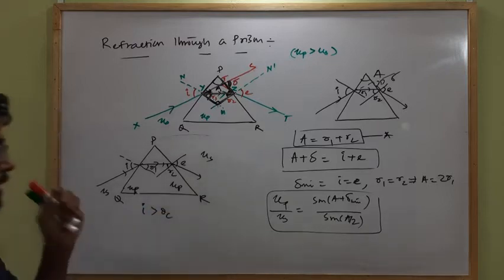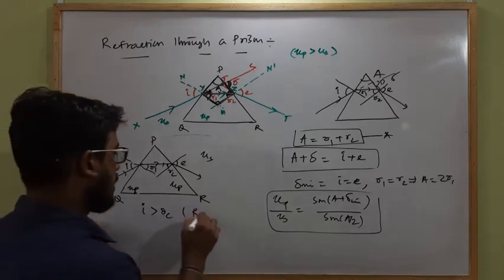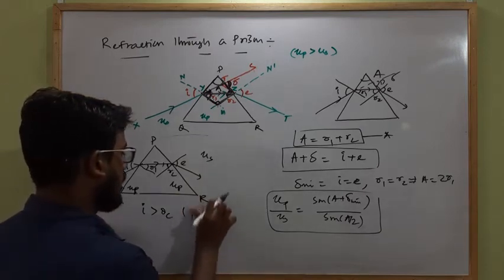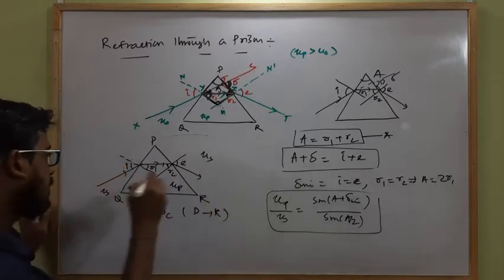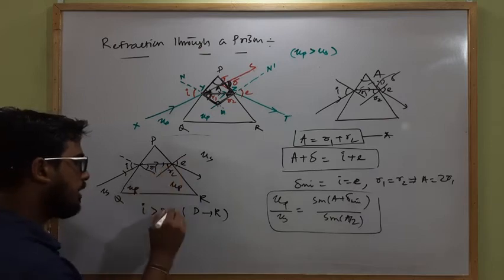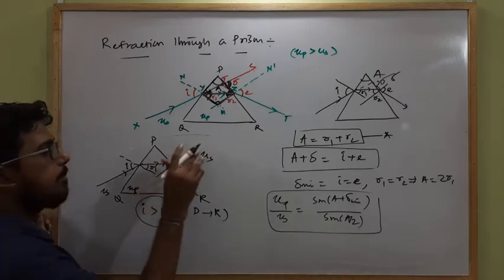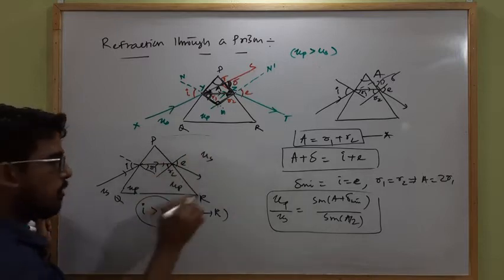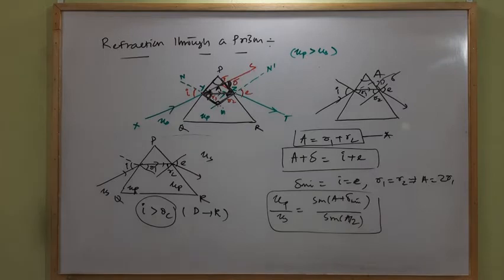The critical angle. And when light travels from denser to rarer medium. Okay, so if here the minimum value of R2 is more than the critical angle, then the light will never come out. So here we can write, for light to remain always within the prism,